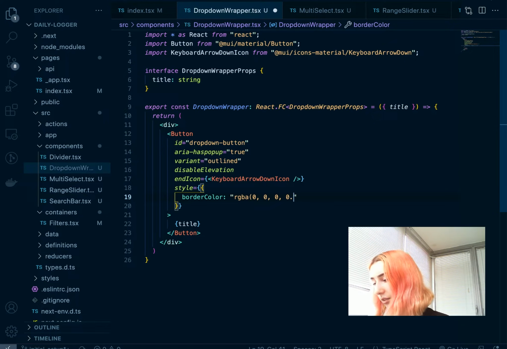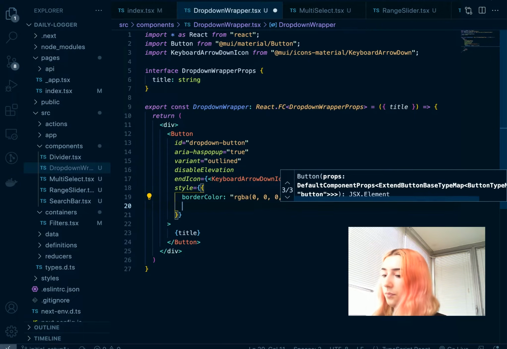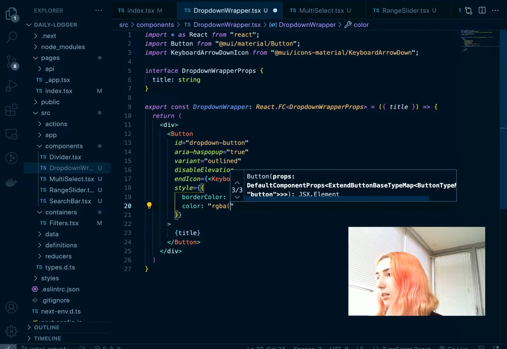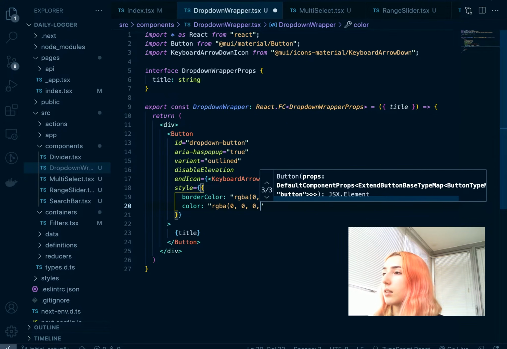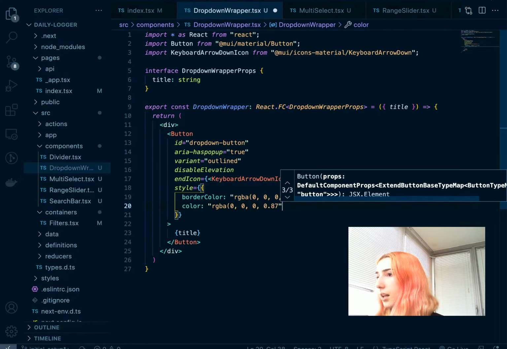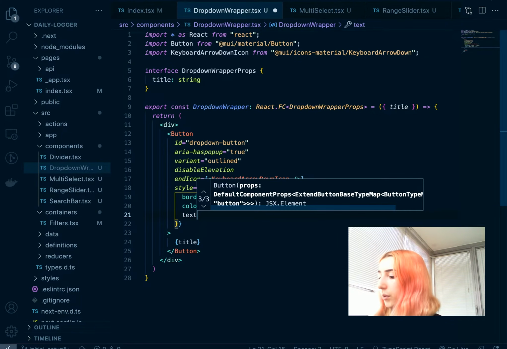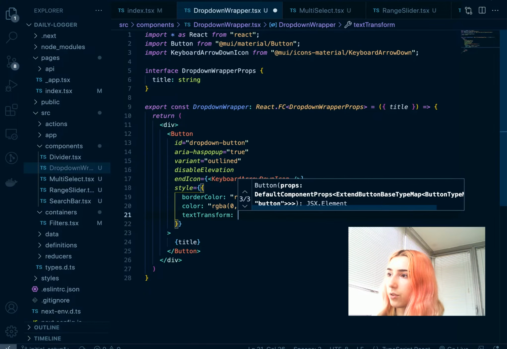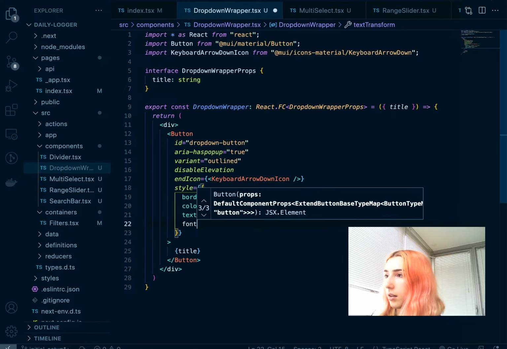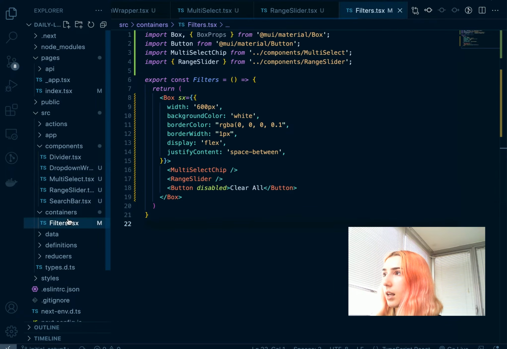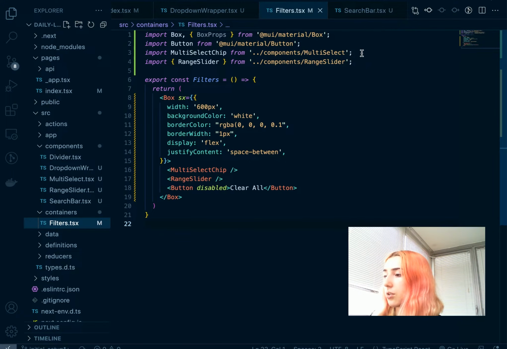So adding some of the gray border, some color, this is for the text itself, and text transform we want none. Font weight also a little bit on the bolder side,